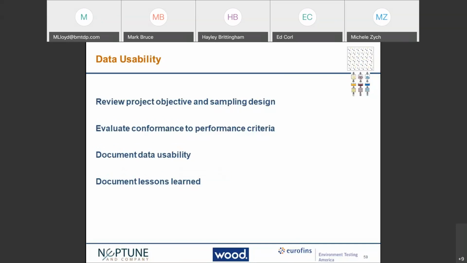And then finally, data usability is a retrospective look at the project objectives and sampling design. And once again, it's also similar to evaluating data usability for discrete samples. And so the outputs from data verification and validation are used to evaluate performance criteria and the implications of unacceptable results. So for ISM, part of data usability is looking at the relative standard deviation, or the RSD, or the coefficient of variation, the CV, and making sure that those met the precision objectives that were laid out during the project planning process.